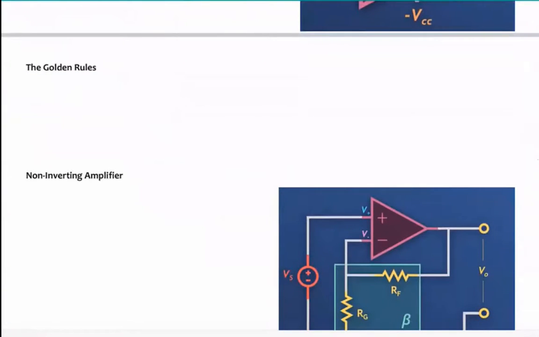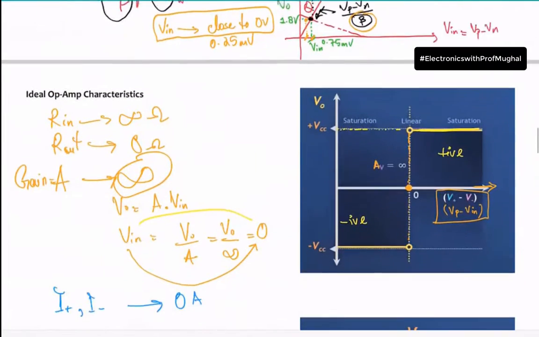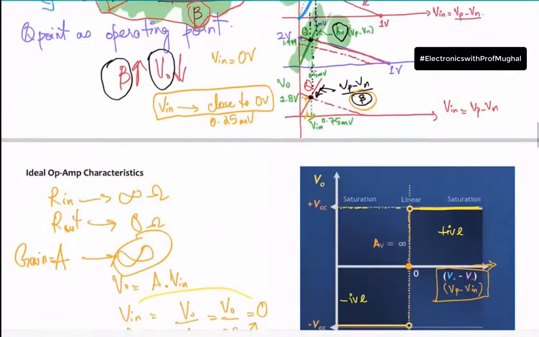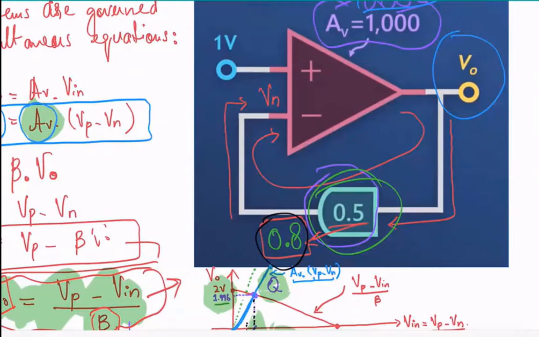So what are the golden rules? Based on what we just learned, let's formally state the 2 golden rules of op-amps. Number 1 is: the output attempts to do whatever is necessary to make the voltage difference between the inputs 0. So what basically that statement is saying, maybe I can go here. Yeah, this output right here will do anything